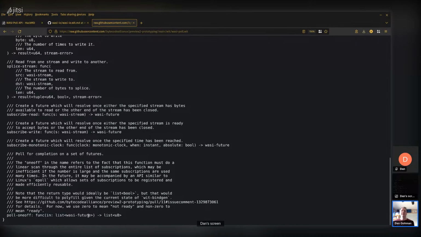But this is the overall shape of it. Instead of having a subscription struct, the idea is to have just waitable handles, and then the poll one-off can wait for any kind of waitable thing. That actually makes it more accessible. With a subscription struct, the poll API needs to hard-code all the things you could wait for: clocks, input streams, output streams, and that's it.